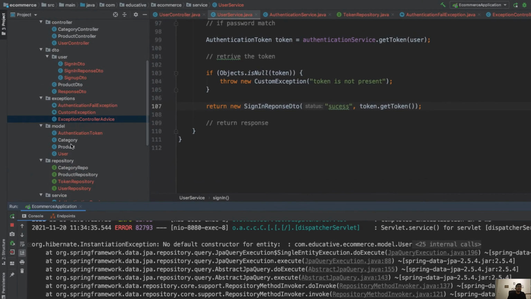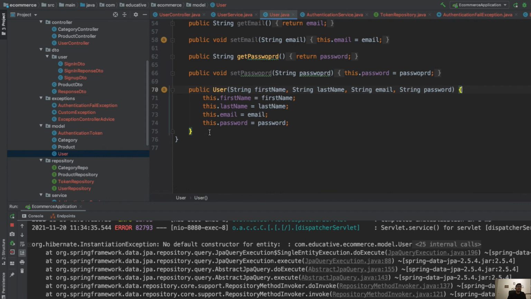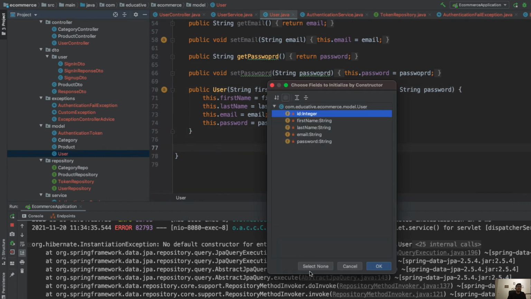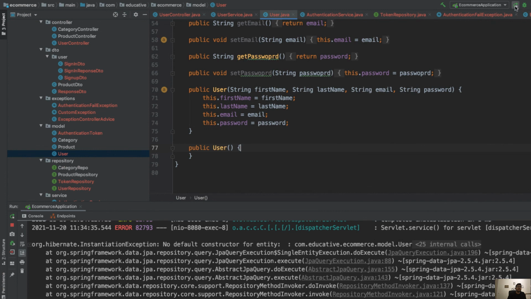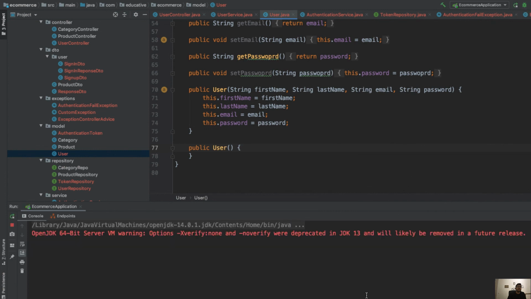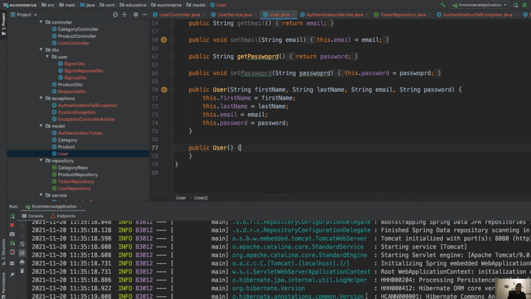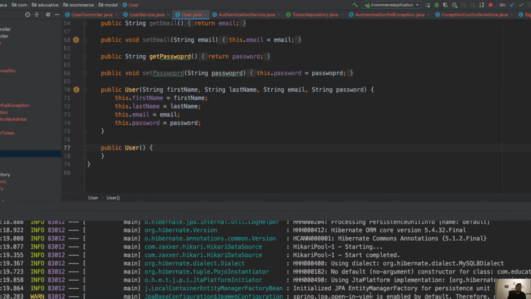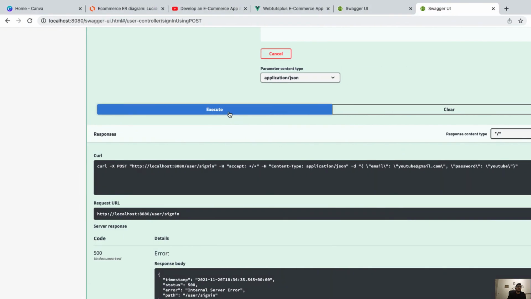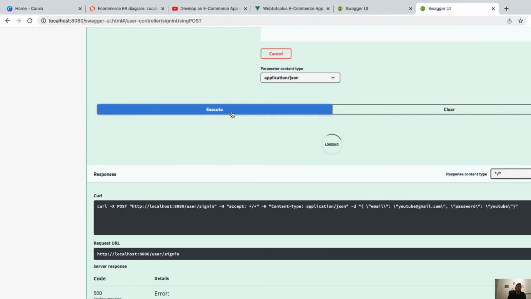So let's go to the users and let's create a constructor which is select none, and let's refresh the server again. And let's hit the API once again,